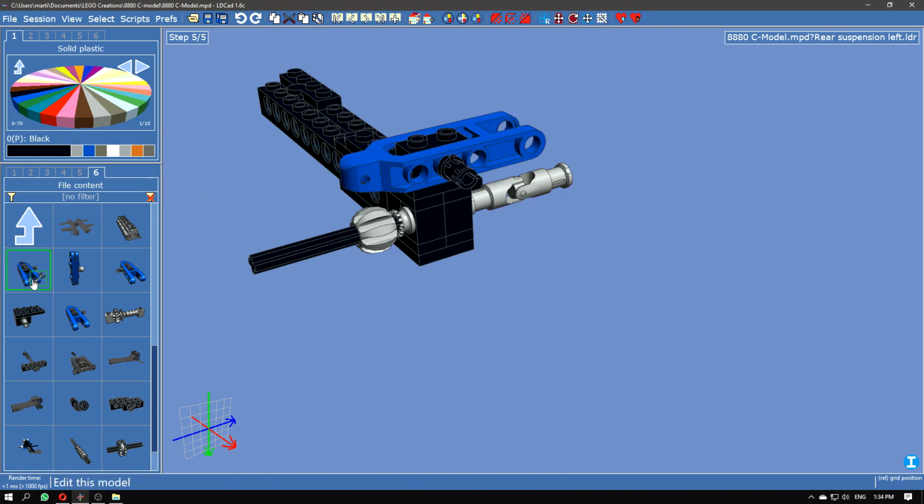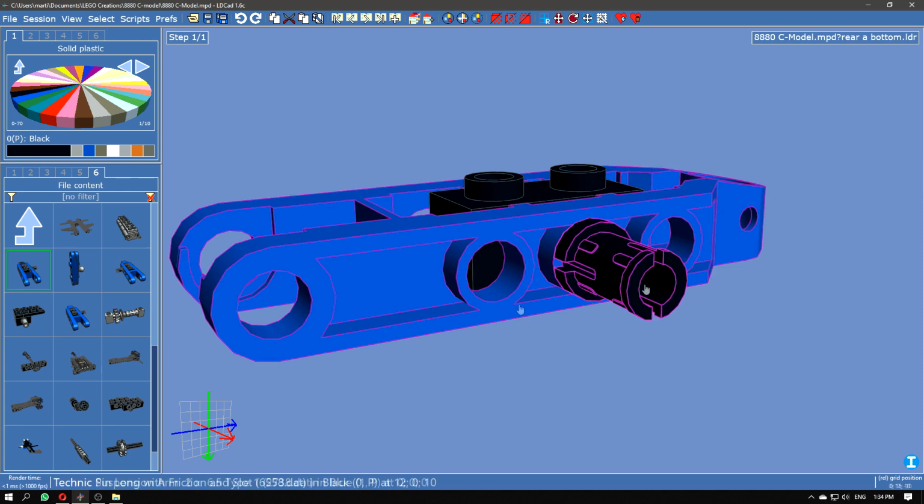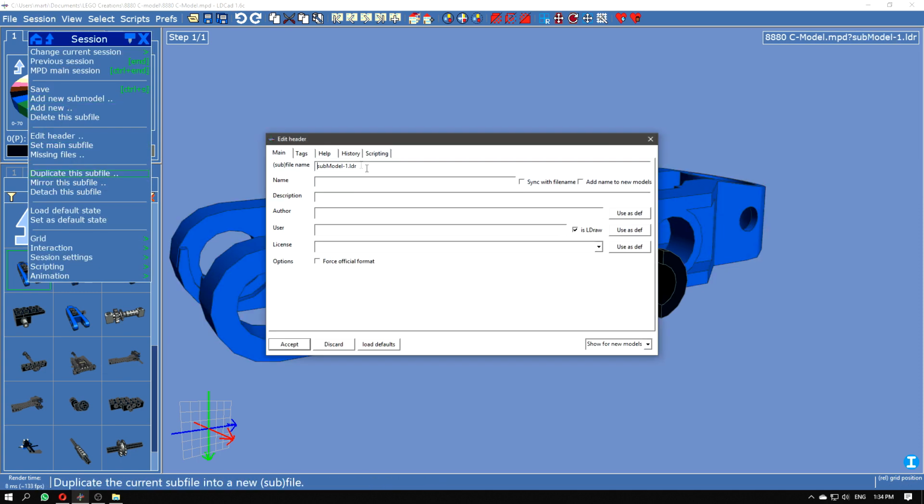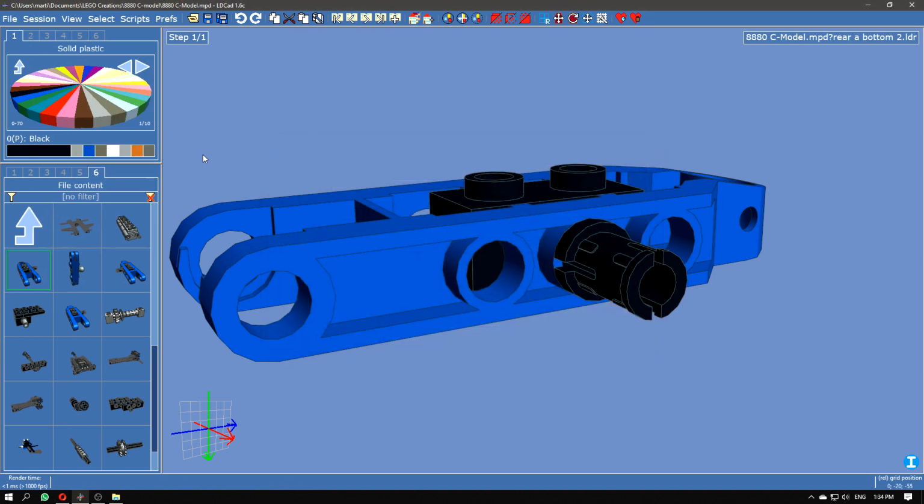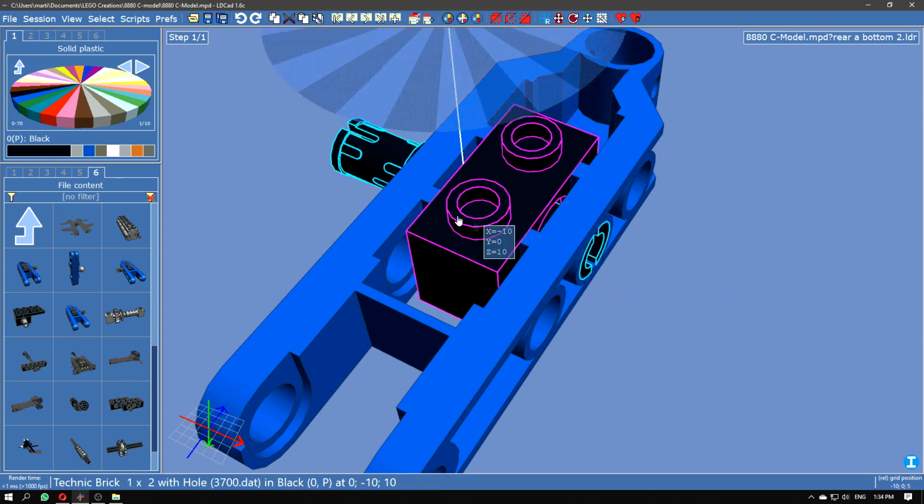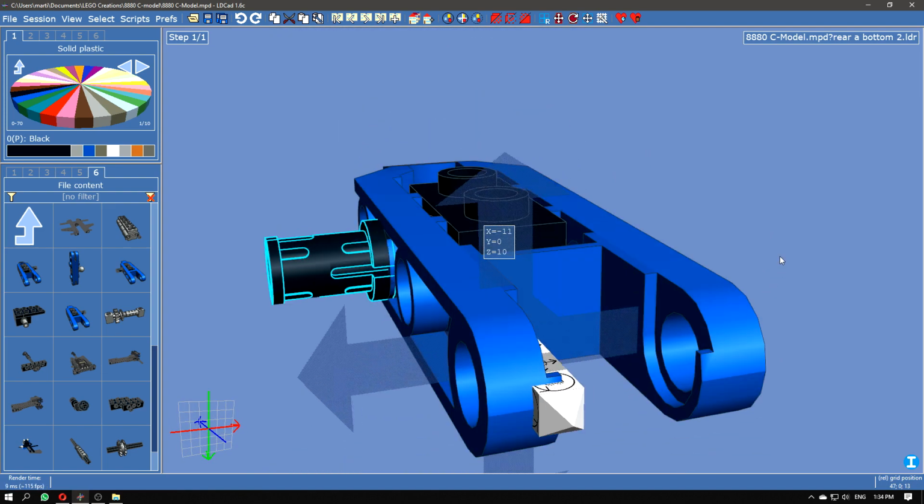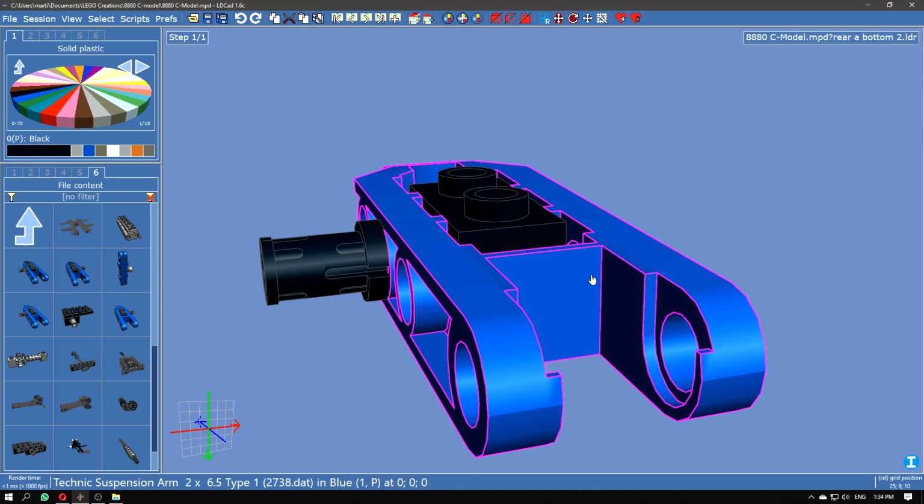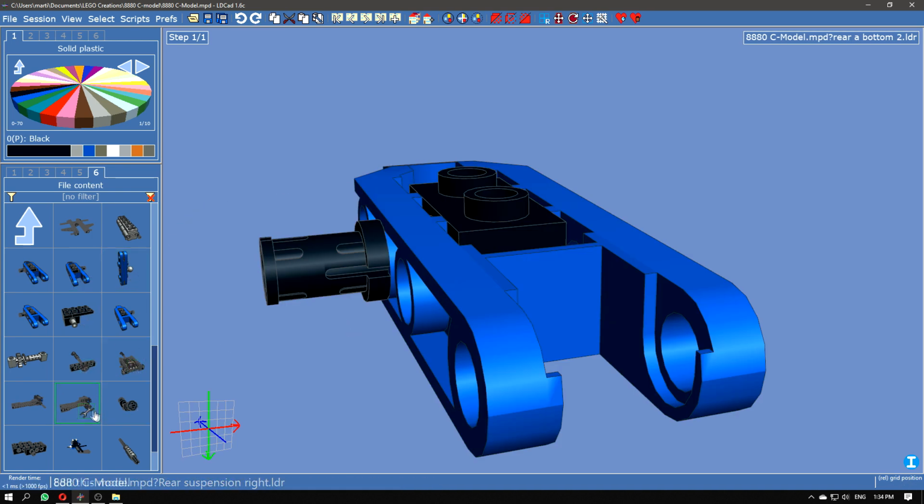So now let's do the bottom one as well. So we go to the bottom one, you say duplicate this subfile, create new, then we get, oh damn it, rear a bottom 2, and then again I'm just going to turn over the part, slightly move it over because of interference or whatever you like to call it,